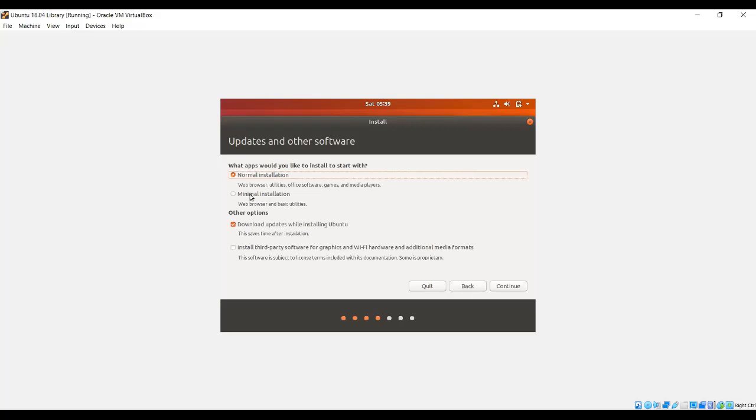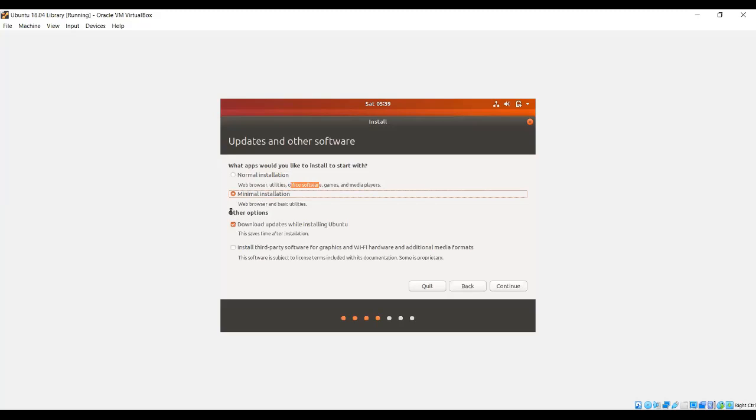In this case we are going to continue with normal installation. It will install a web browser, utilities of Ubuntu, and office software, that is LibreOffice, which comes with Ubuntu 18.04, and some games and media players also.